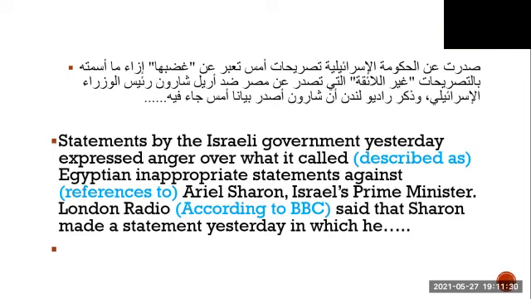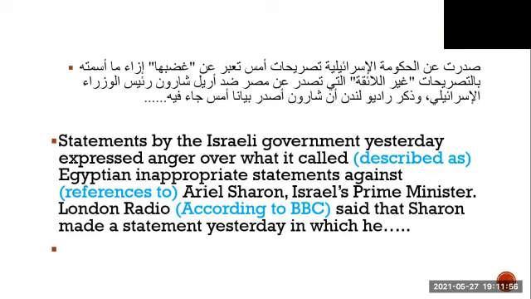London Radio said that Sharon made a statement yesterday in which he, and then the rest of the statement. So what you see in blue could be alternatives: over what it called, or over what it described as